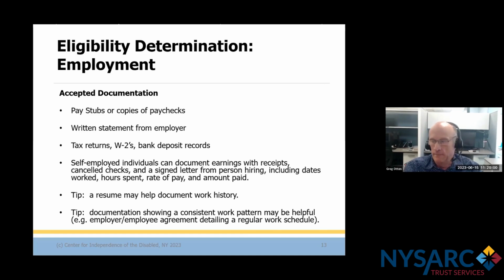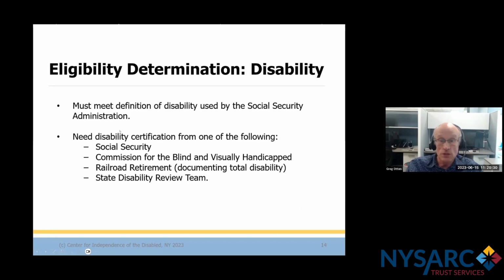I've been told by people at the state that they want to see consistent employment. Frankly, there's a little bit of a bias, in my opinion. This is just my opinion, that some folks at Medicaid think this is a bit shady. They think if people are working, so we want to really dot all the I's and cross all the T's as far as getting this showing consistent work. Now, having said that about consistent work, there's a grace period, which I will get to in a minute. I thought it was next, but it's not.